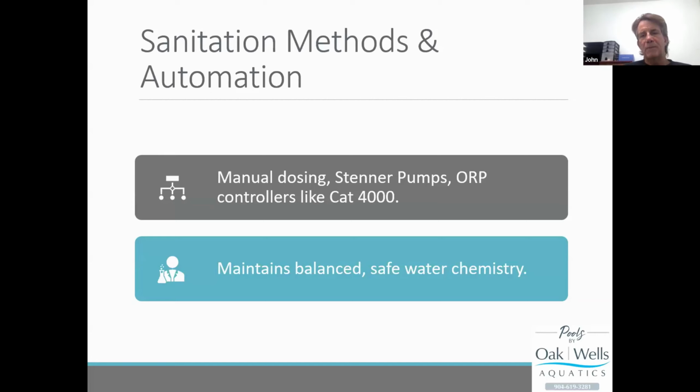The water from the pool, whenever the circulation pump is running, pumps through this bowl, and there are sensing probes in that bowl constantly sensing the millivolts or the chlorine content of the water and the pH. These systems are programmable, so you can program in the parameters that the health department requires, and the ORP controller, the brain box in there, will automatically adjust the Stenner pumps to pump at a rate that will maintain those